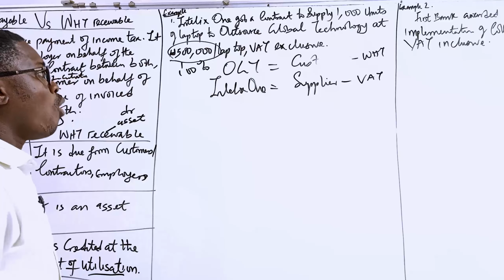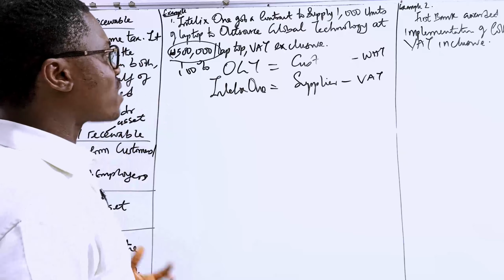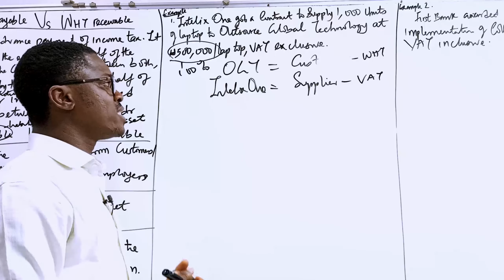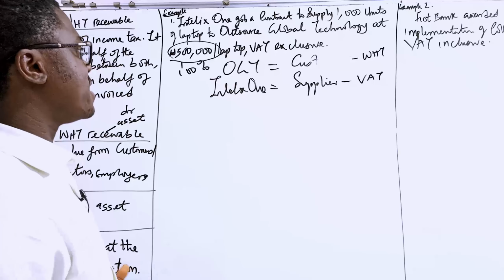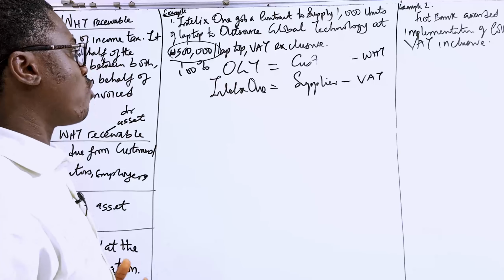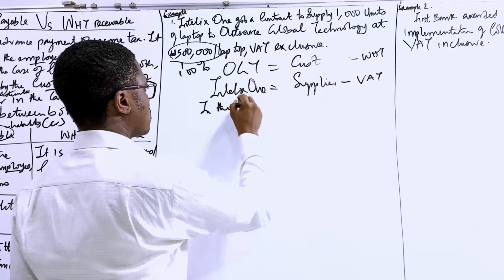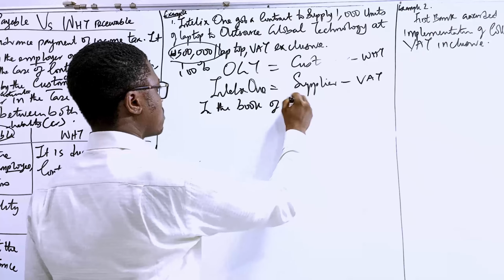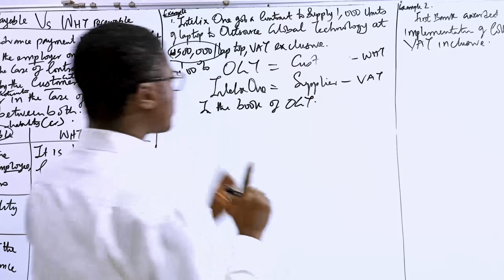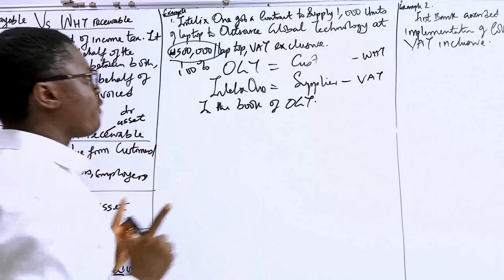That simply means that OGT as the customer in this instance is the agent of the government to withhold tax. So what will be the accounting entry in the book of OGT? What will be the accounting entry in the book of Intellix 1? The accounting entry in the book of OGT, being the customer, will be